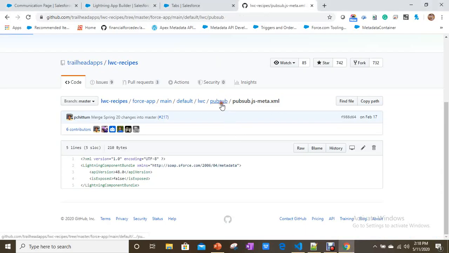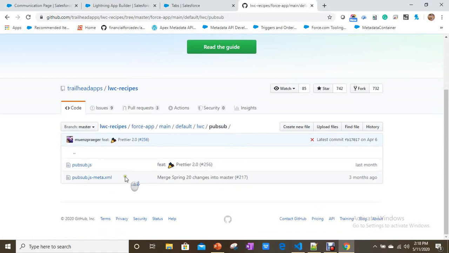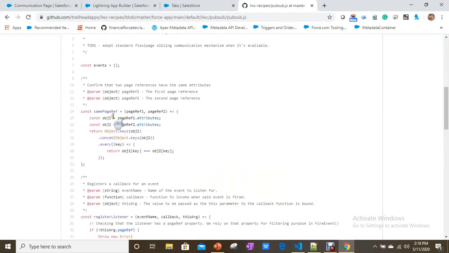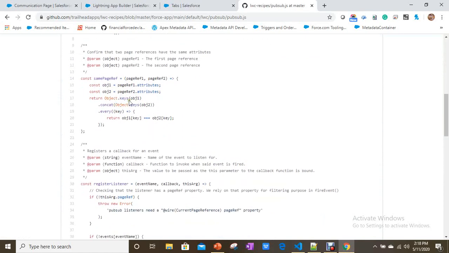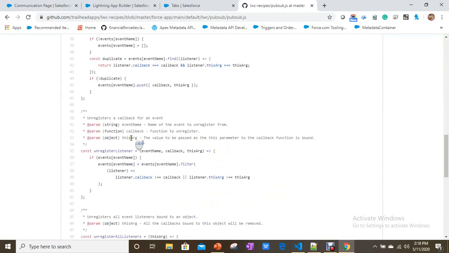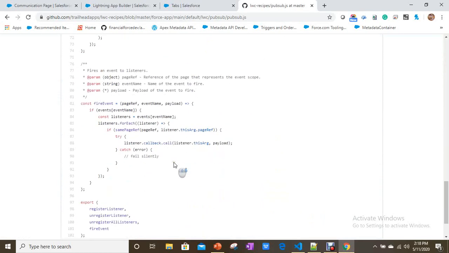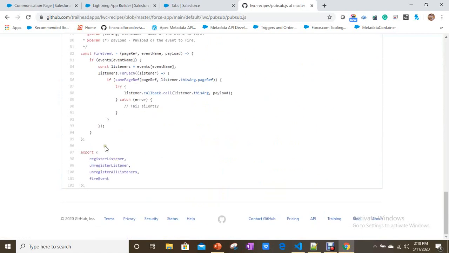As I told you, they already prepared the utility. You just need to use these methods, whatever they used here, for registering, for unregistering, for firing. For that, you have to import those methods into your components.